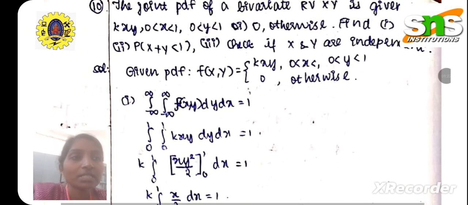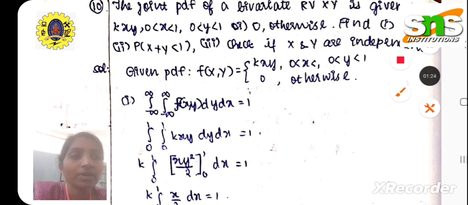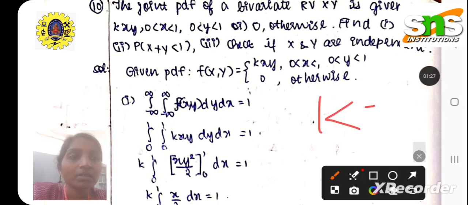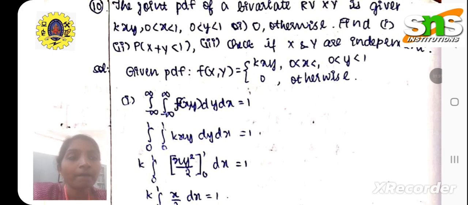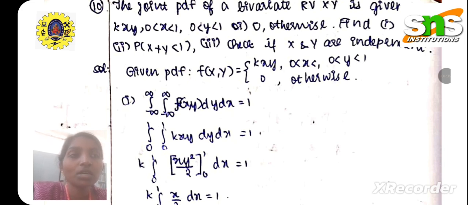So moving on to the first case. What is our first case? We are asked to find the value of k. How to find the value of the constant for the given probability density function, which is double integral minus infinity to infinity f of x comma y dy dx is equal to 1, which means the total probability